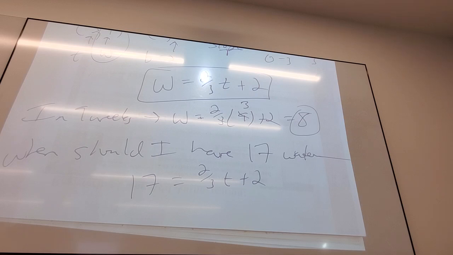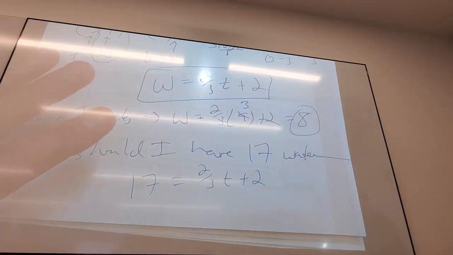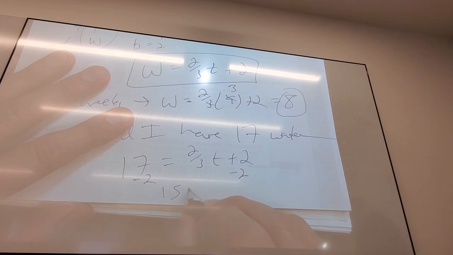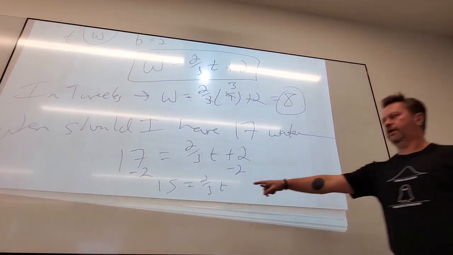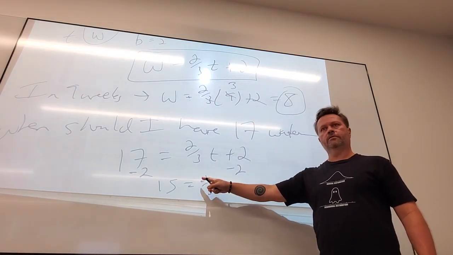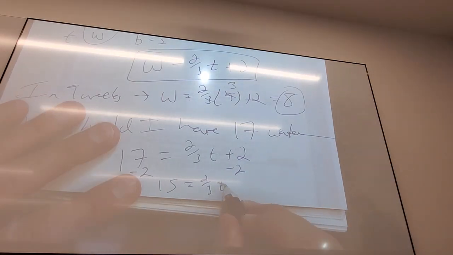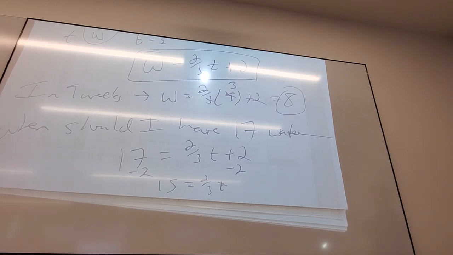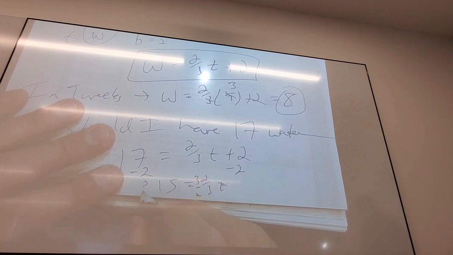If you're freaked out about the fraction, don't be, because what's the first step no matter what? What's the first step to get T by itself? Minus 2. So I get 15 equals this business. Anybody remember how to just kill a fraction directly if it's in an equation? It's just one fraction here, yeah? How do I just kill them? Multiply by reciprocal. 3/2. So I can get my variable by itself. If I multiply by the denominator, I kill the bottom, but I want to kill the whole thing, kill it with fire. So I'm going to multiply by 3/2. 3/2. So I get T equals